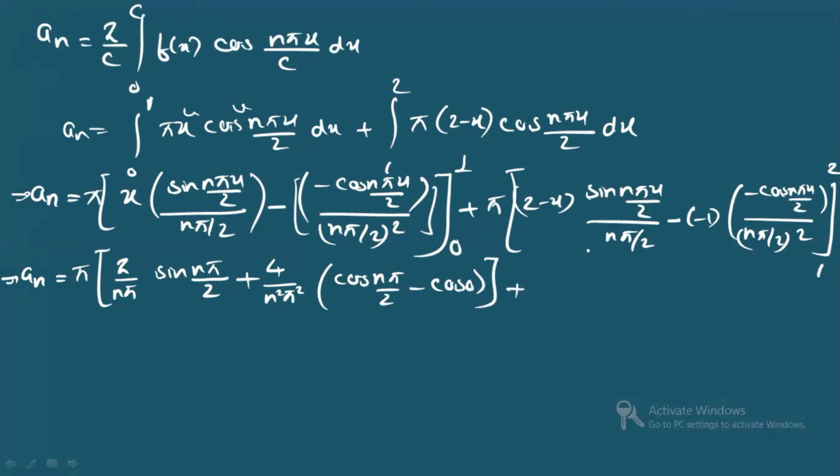Plus, now we will do this term. Okay. Pi is as it is. So here if you see, 2 minus 2 will be 0. This is 2 by n pi or whatever it is, I'm not writing it because 2 minus 2 will give you 0. All right. Again you write minus, putting the lower limit, 2 by n pi. Lower limit will give you 1. 2 minus 1 is 1. This will give you sine n pi by 2.